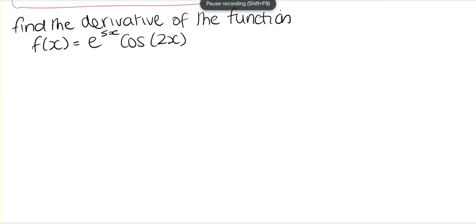Okay, so this question, find the derivative of the function. This time we're looking at exponential functions and trig functions. We're multiplying two terms together, so we need to use the product rule. So using the product rule,